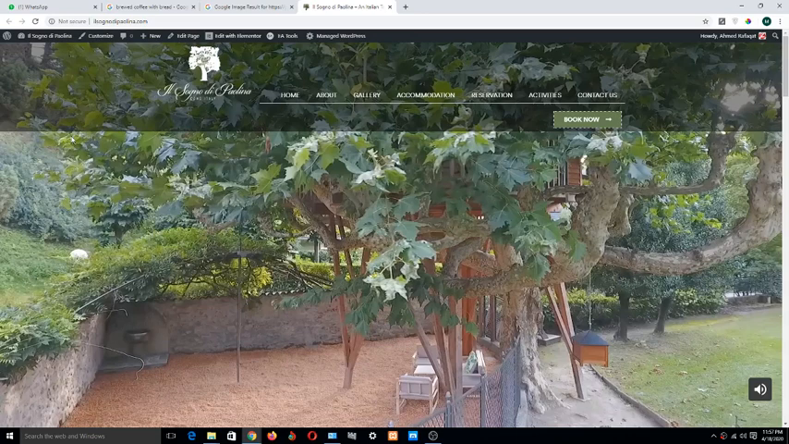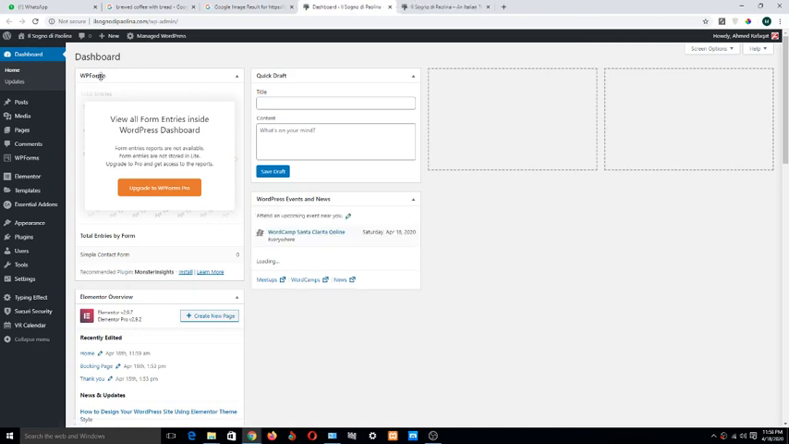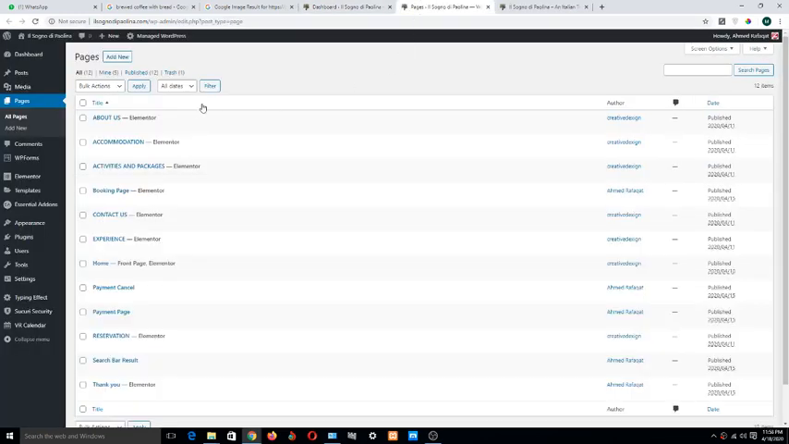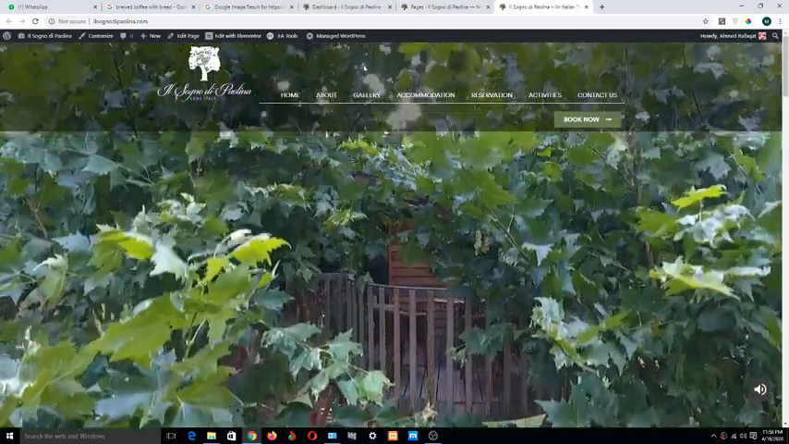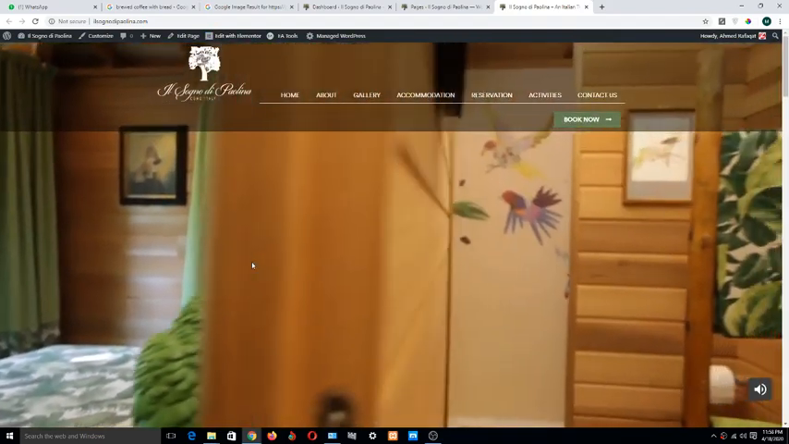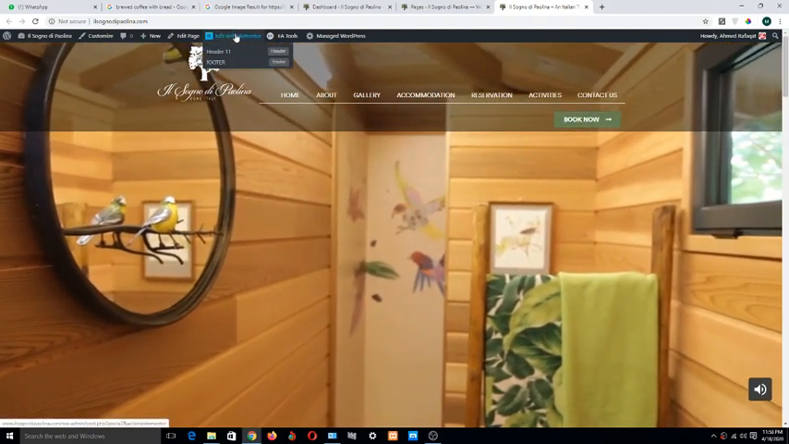So in this video I'm going to show you how you can change the content of your site. For this you have to first go to your dashboard, and from here you can see the pages of your site. Okay, here is the list of all your pages, and from here you can edit the front page of your site, and when you click on edit with Elementor,